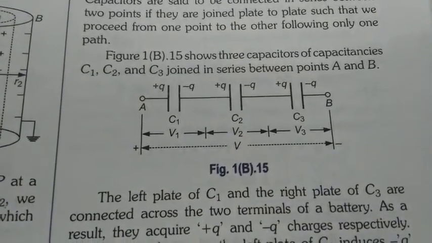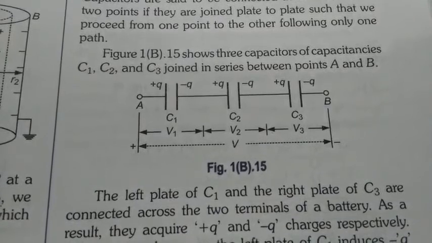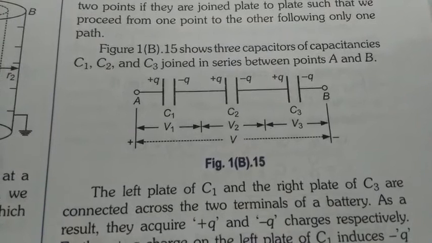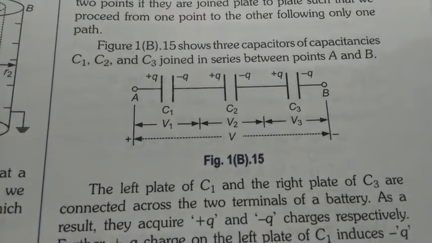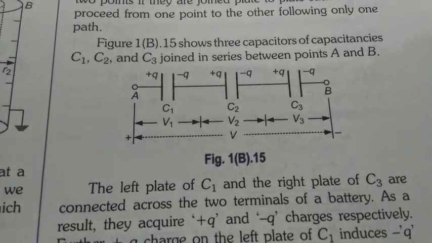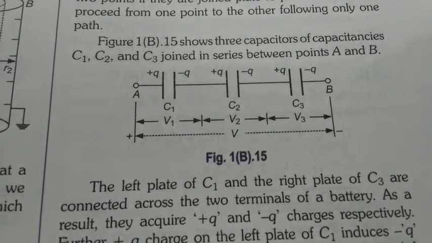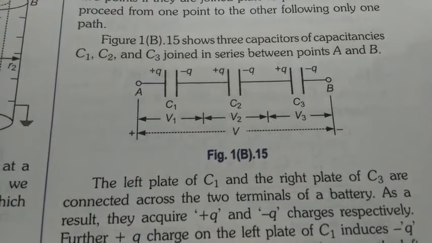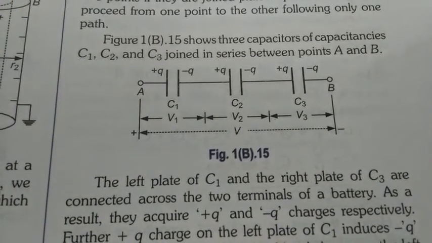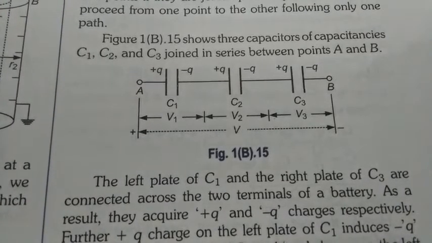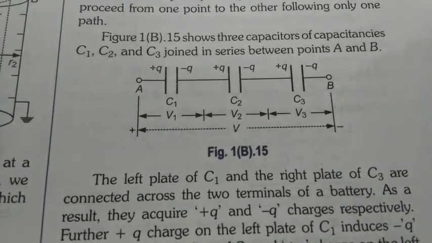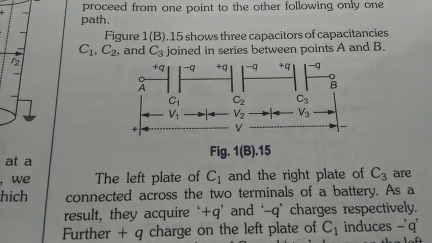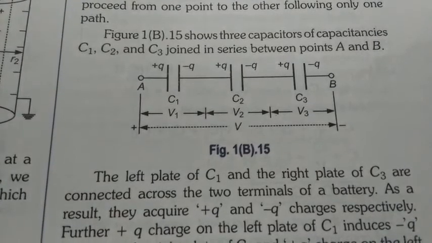Let me once again explain to you. Here, students, in front of you, one figure is there in which three capacitors C1, C2 and C3 are connected in series, and the ends of this series combination are connected to the power source which applies a voltage V. Because all three capacitors are at different distances from the source, their potentials will be different. For capacitor C1 the potential is V1, for C2 it is V2 and for C3 it is V3. So the total potential of the circuit, V, equals V1 plus V2 plus V3.